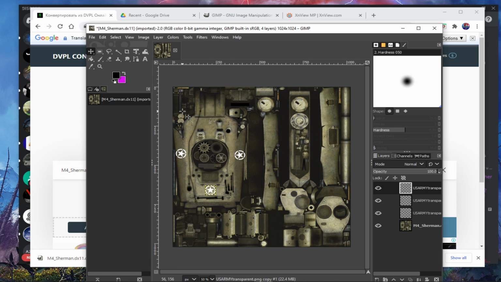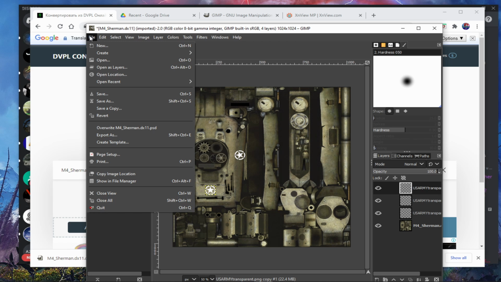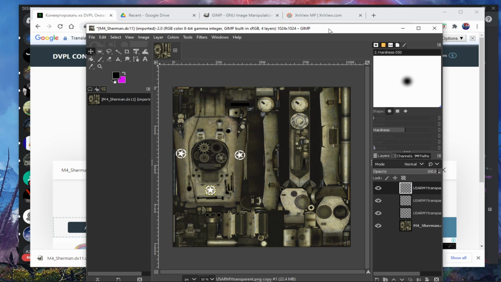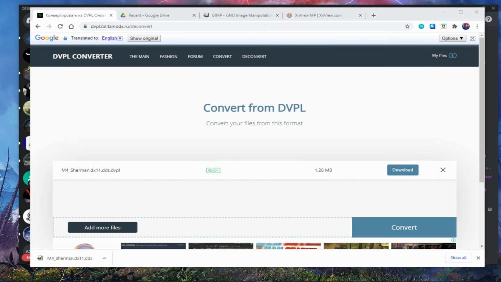I'm just gonna say this is all for now. I'm not gonna put things on the turret. It gets more complicated, but you basically just put it on the side of the turret. But now what we need to do is first, you should save as. Now I'm gonna move it over to the side to make sure I don't show any things. But here we go. So you're just gonna save as, and what you're gonna do is you're gonna save it